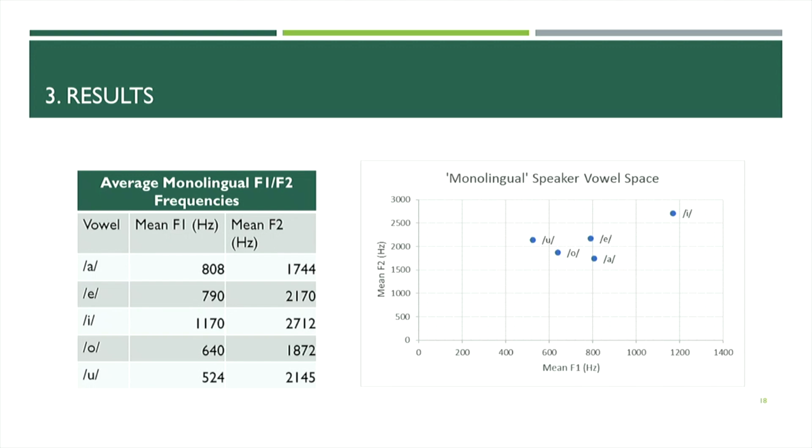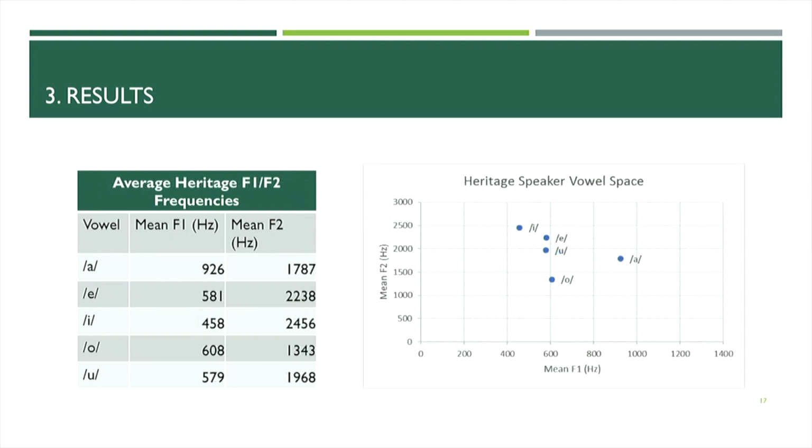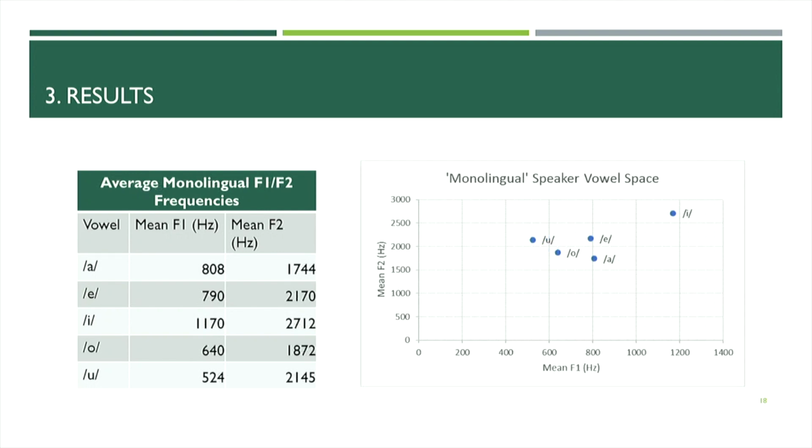And then U and A are of similar frontness, and then O is more fronted than A. So between groups, we can't really determine whether either speaker group is more condensed than another, but aside from E, which is very contrasted between the two groups, the L1 vowel space appears to be more centralized between the remaining 4 vowels